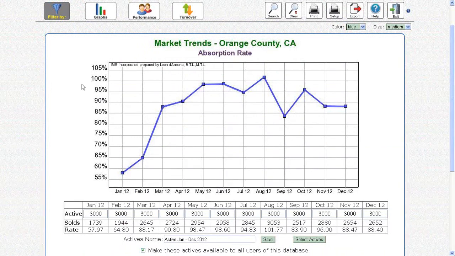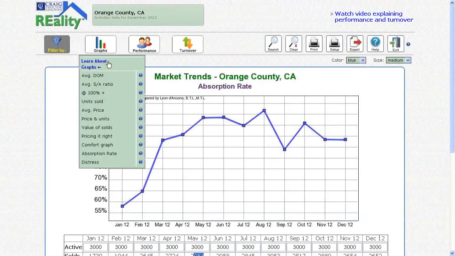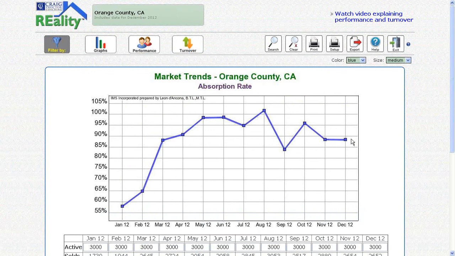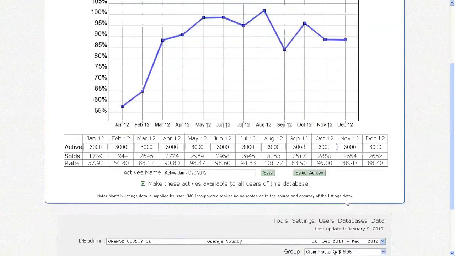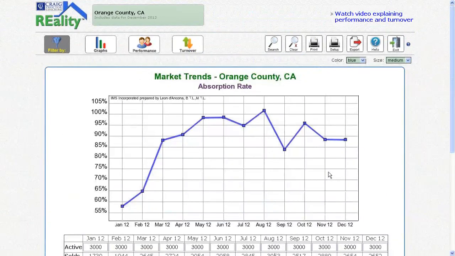So actives, you have to go to your MLS and find out what the actives were. And once you put them in here, then we will have already given you the solds, and this will actually be what the absorption rate is. I hope that answers your question. If it still doesn't,